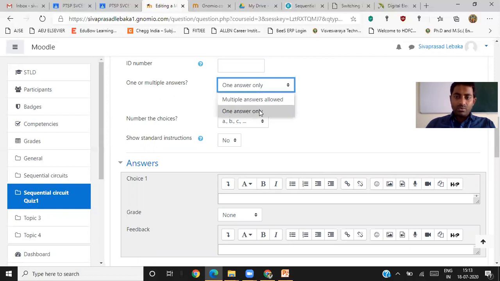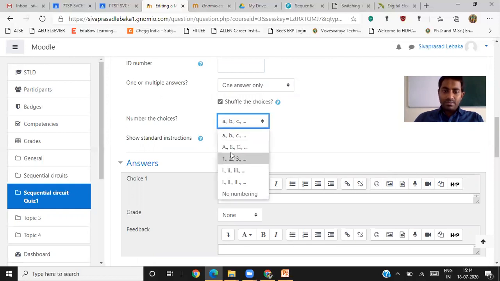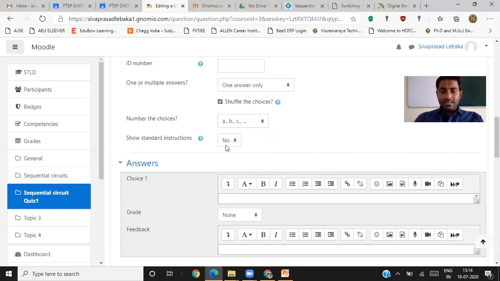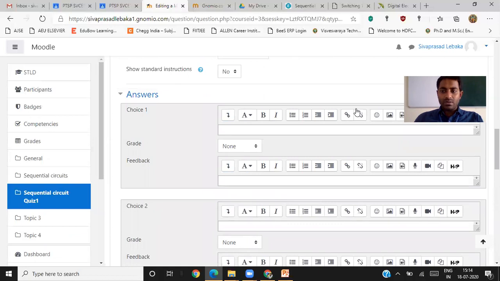Only one answer you want to accept for the question, or you want to accept the multiple options also. That also you can select. Or you want to give the multiple choice questions in which manner, numbering is in what manner, capital ABC or small ABC or 1, 2, 3, all Roman numbers. Like that you can select. I want to give some small ABC, some standard. So all these options are available. You can explore about that.